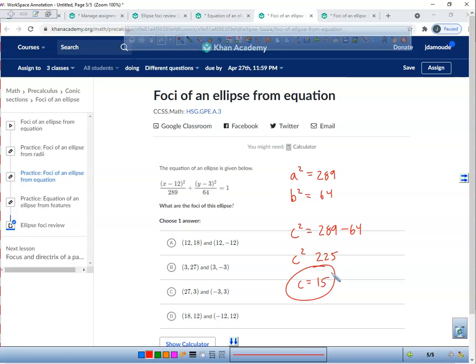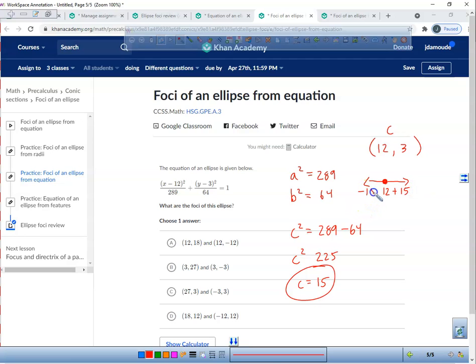Now, here's the thing. Is this going more horizontally or more vertically? It's going more horizontally, right? So let's think about this. You need to know how to find the center of your ellipse. So what is the center of our ellipse? The center is at a 12 and a 3. And being that the foci are going to be going horizontally, right? What am I going to have to do to this 12? What am I going to have to add to it? I'm going to have to add a 15 that way,